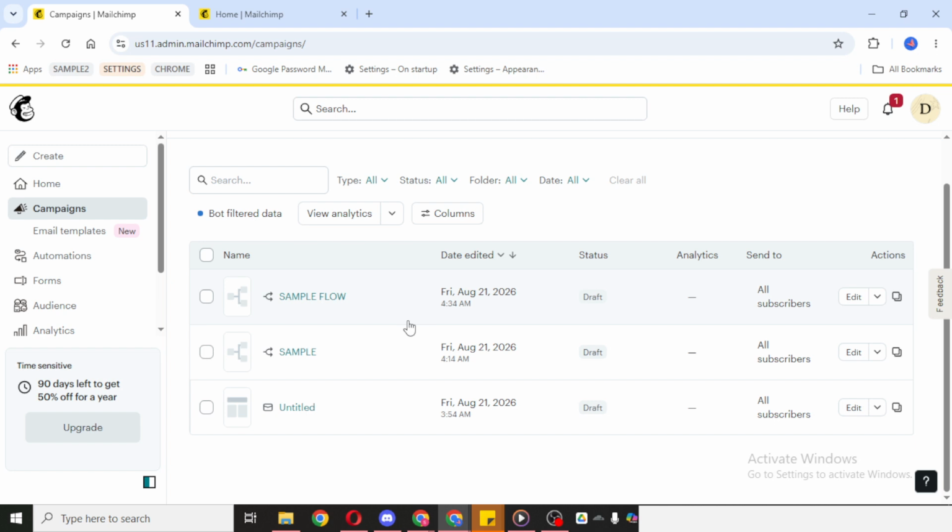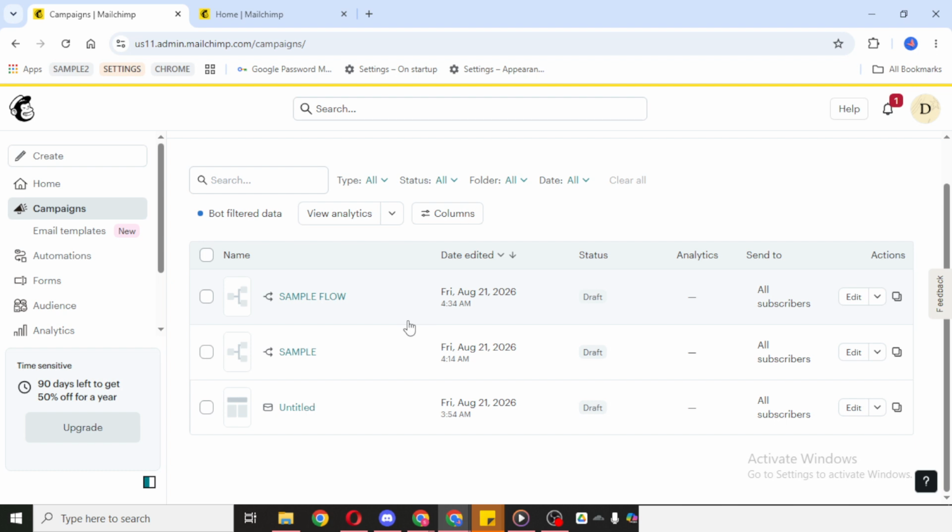The bounce rate tells you how many emails could not be delivered. In general, a higher bounce rate may suggest that some email addresses are no longer valid, or that there may be issues with deliverability. Monitoring this number can help you keep your audience list healthier over time.